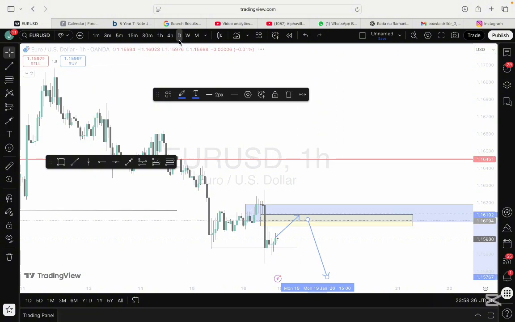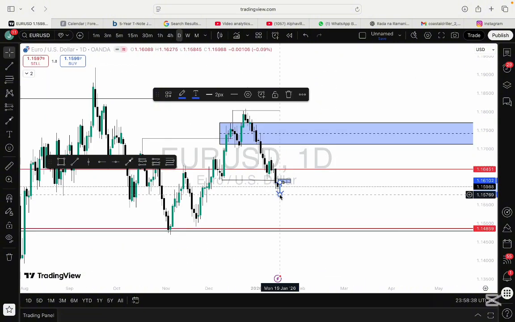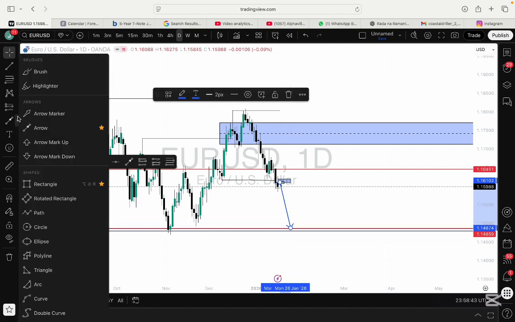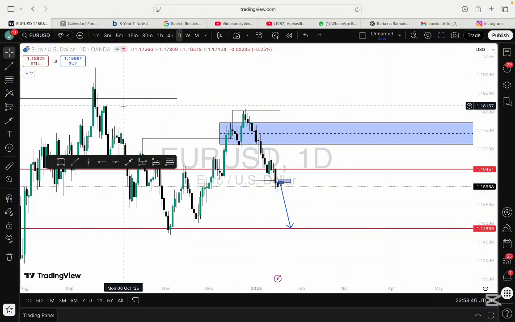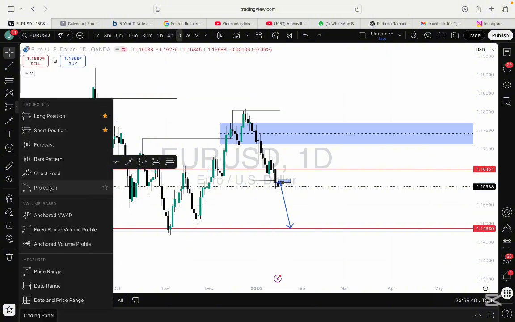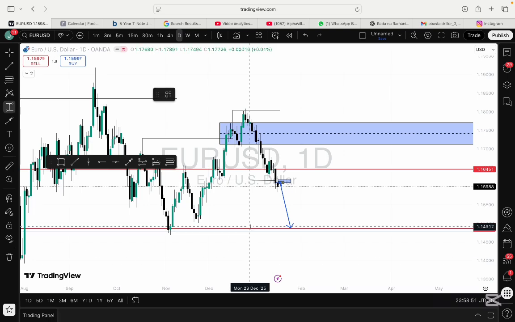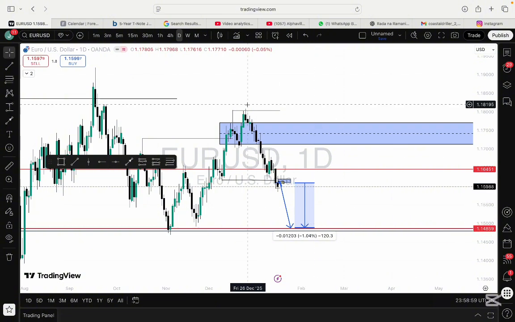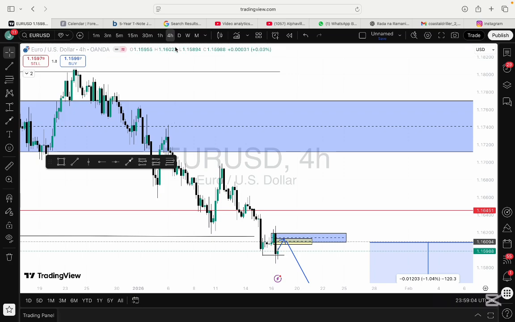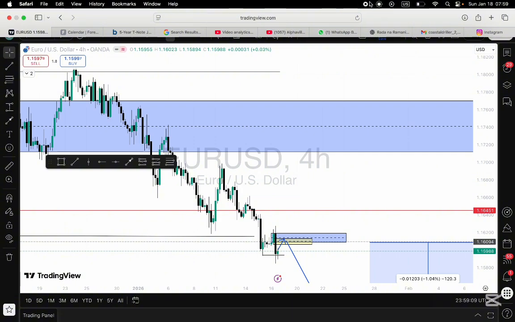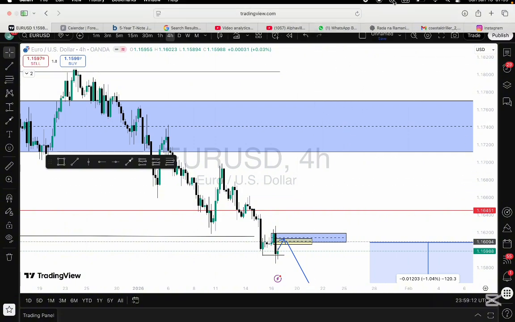Let me take you to the daily. On the daily, we're expecting price to come to this point. How many pips are there? Let's just have a look at how many pips from this area. 120. It's not that much, but it's worth holding on to. So just hold one trade and it goes that way. So this is just an analysis, my top-down analysis. You can just look